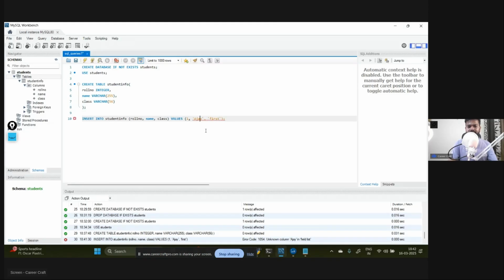While writing the command, it should be a backtick, and here it should be a single tick, something like this. That's it. So now if you execute this,